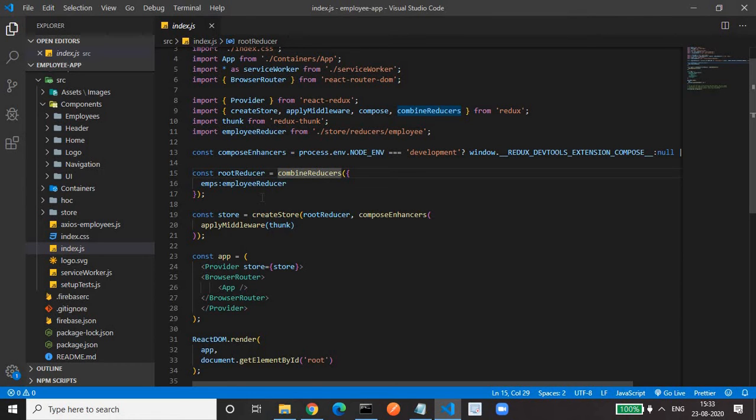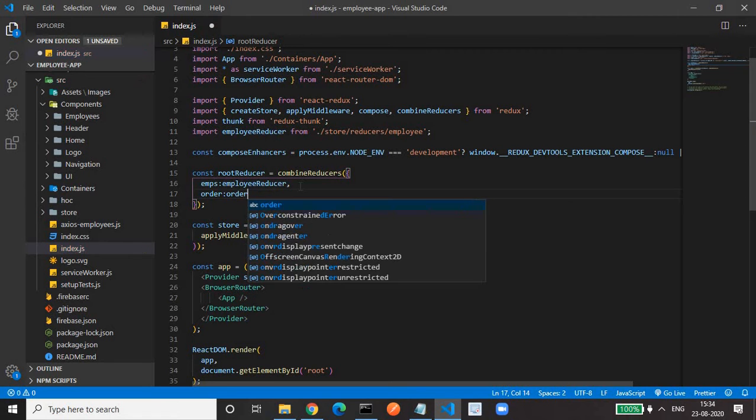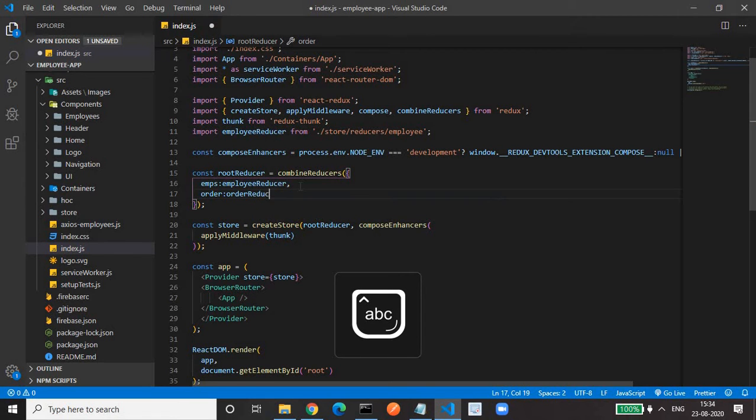That's why I have created only one reducer. If we have more reducers, you can give a comma, then some name. Like if we have orders, you can put that order, then the order reducer. You have to create this reducer after importing it. Likewise, these employees correspond to the employees slice of state.